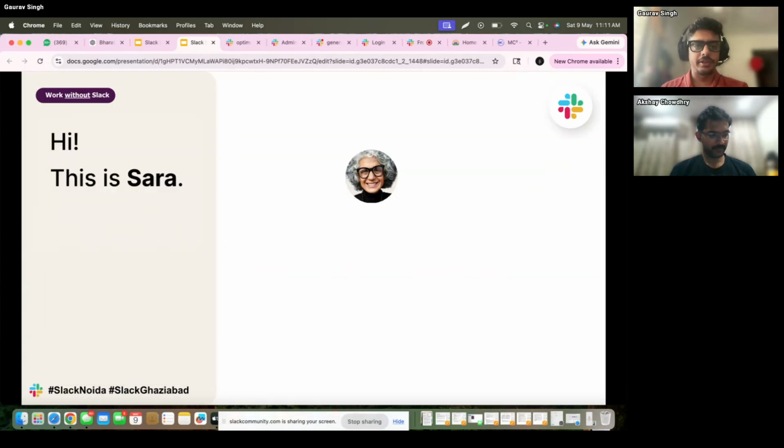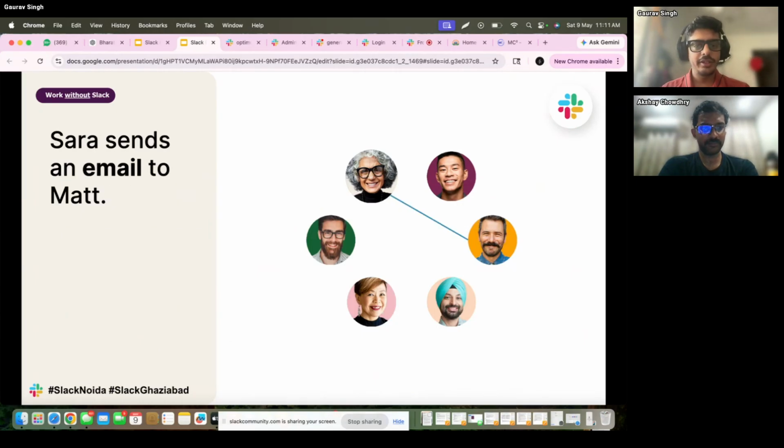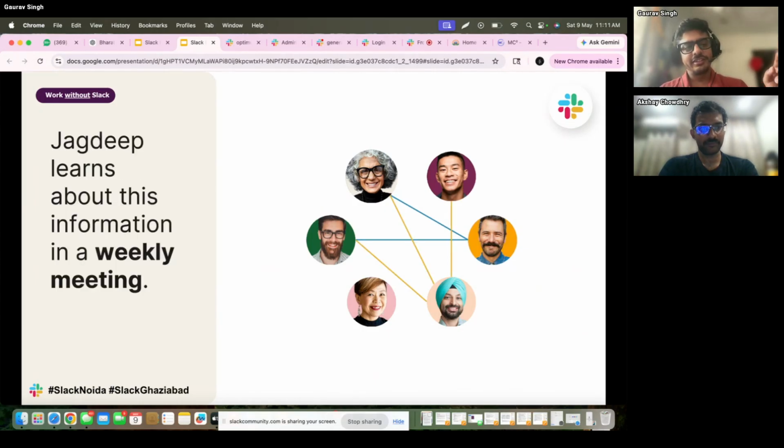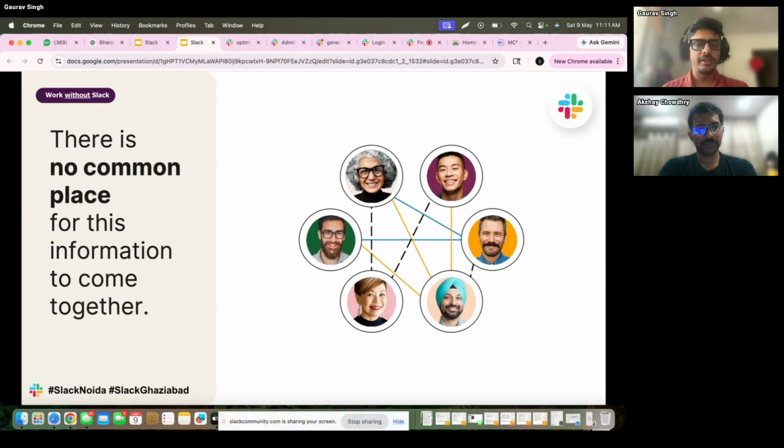So it's like a typical flow. It's an organization to show you how people are interacting. These are the people Sarah works with. Sarah sends an email to Matt. Matt forwards that email to Harry. Then Jagdeep learns about the information in a weekly meeting. So you see, it's going back and forth. Okay, and then silos of information are making working difficult. The information is flowing from one person to another person. Let's just say Sarah, at the first instant itself, could have posted it in the channel so that everybody would have been aware about what's happening. Okay, there is no common place for this information to come together. Now